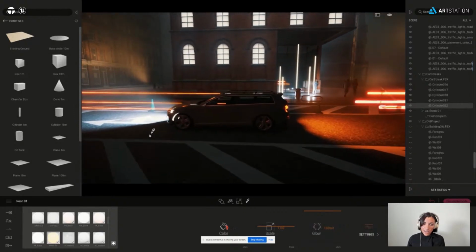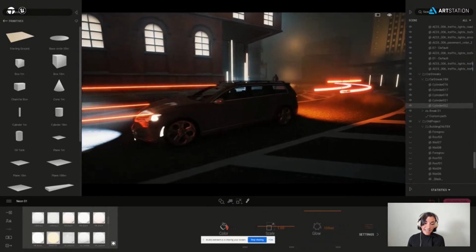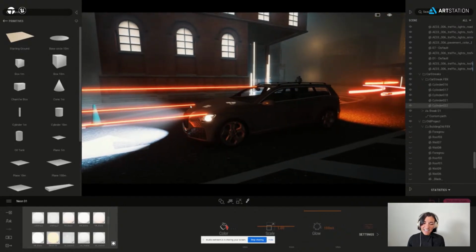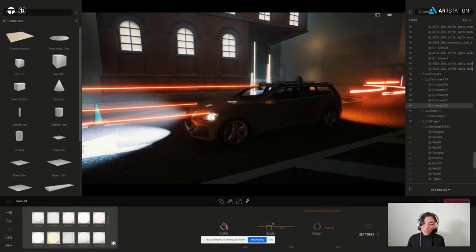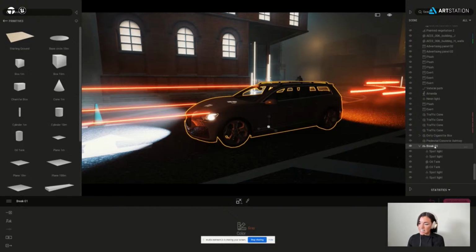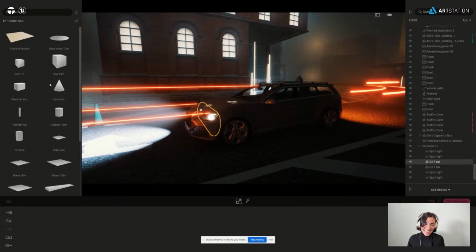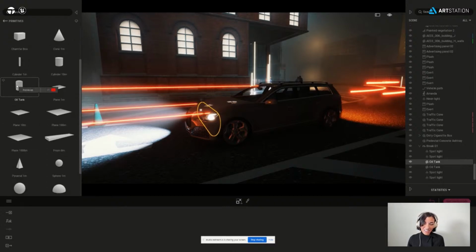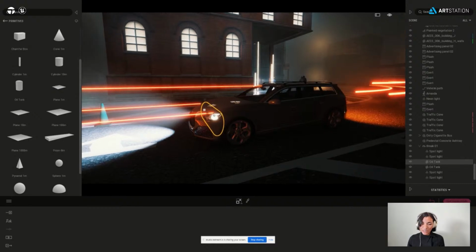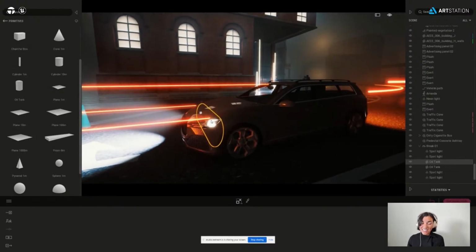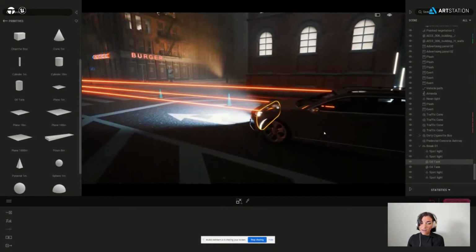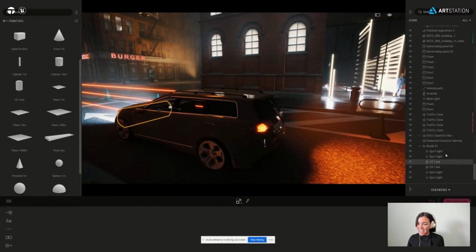I'll also take a look at the car, and you'll see that there are some really nice headlights in here, and it's getting that atmospheric flow that we showcase with the spotlight. For this car, he did bring in a few elements. If I click on the car, you'll see that he has this Brake 01, and we have some spotlights in here, as well as an oil tank. The oil tank he brought in from the primitives on the left-hand side, and then he added the light material to them in order to showcase the lights turning on and off in the car. This sets up the car with all of those elements needed, and then you can put it